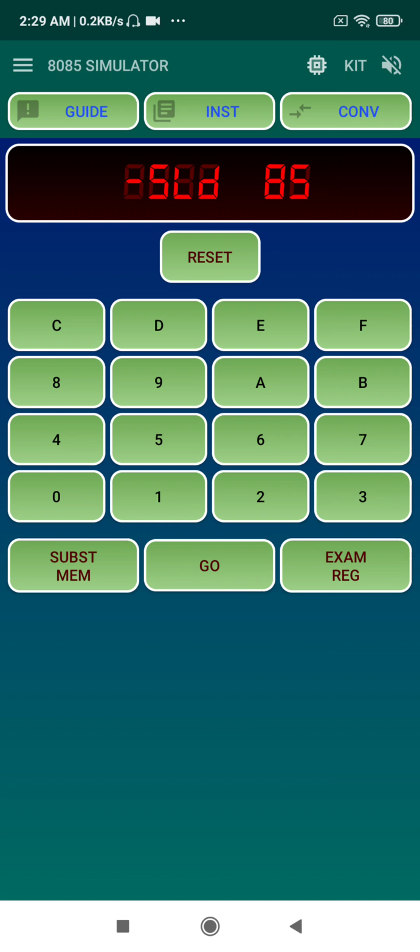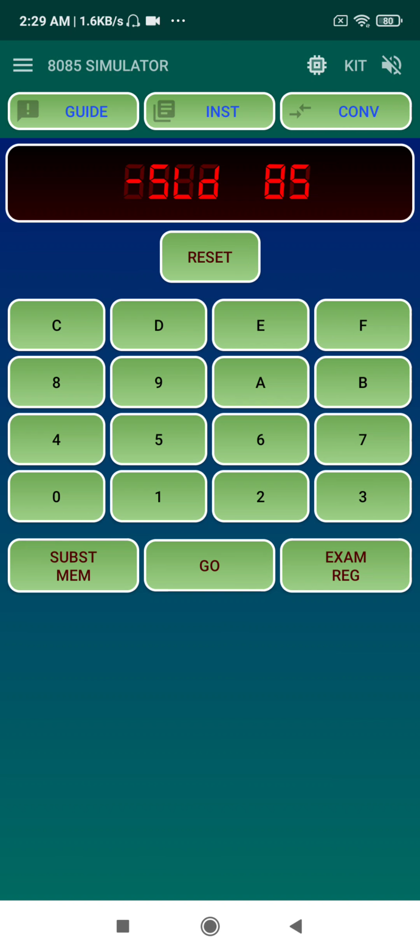Now, how to write a program? As we can see in this display, there is a 16-bit display on the left hand side and an 8-bit display on the right hand side. We all know that 8085 is an 8-bit microprocessor, so it can handle only 8 bits of data at a time. More than 8 bits should be accommodated with the help of 2 memory locations.